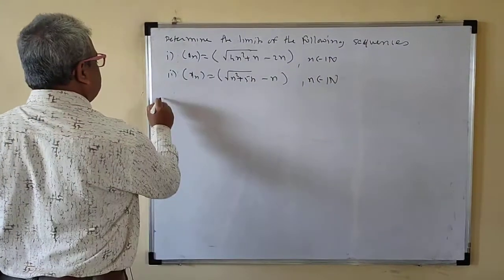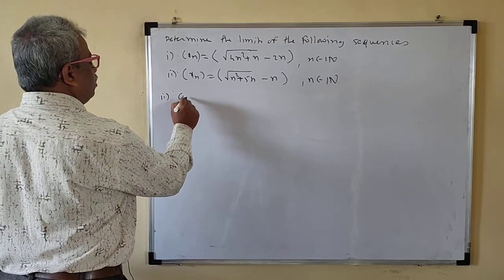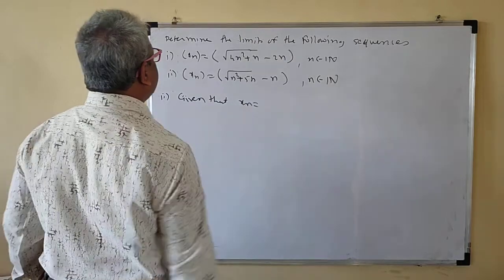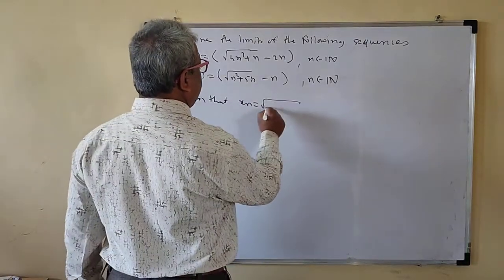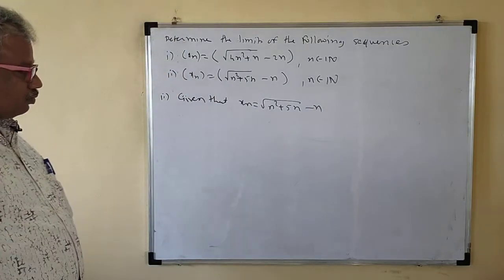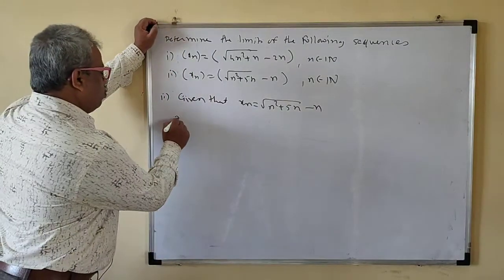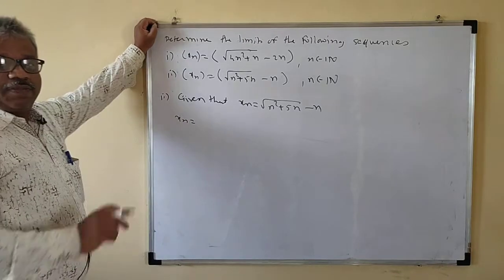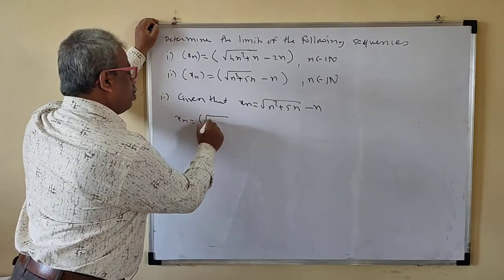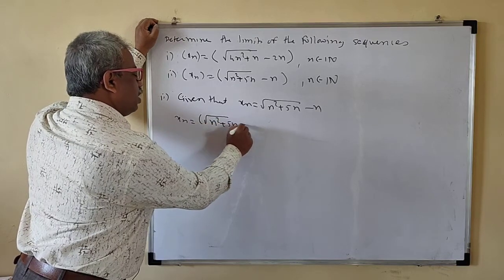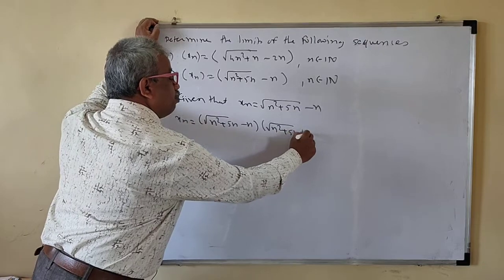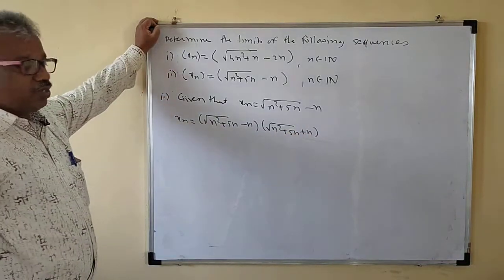Given that xn is equal to root of n square plus 5n minus n. Now, again I will multiply and divide by the conjugate. So this is root of n square plus 5n minus n, times root of n square plus 5n plus n. Right? The conjugate of this is what? If it is a plus b, the conjugate of a plus b is a minus b,